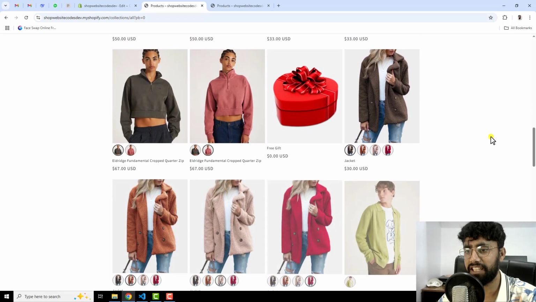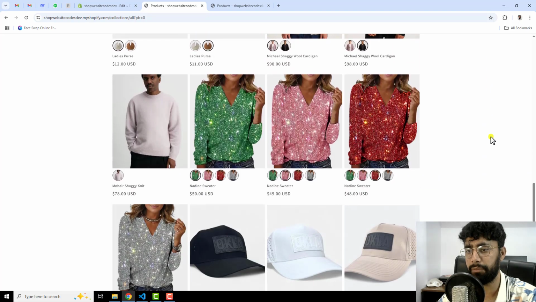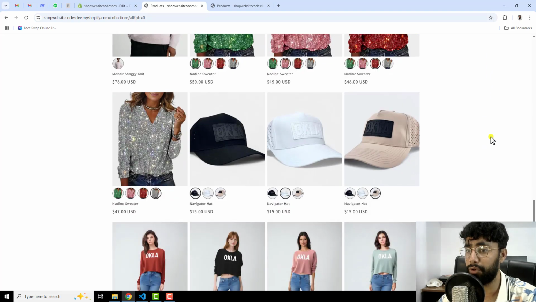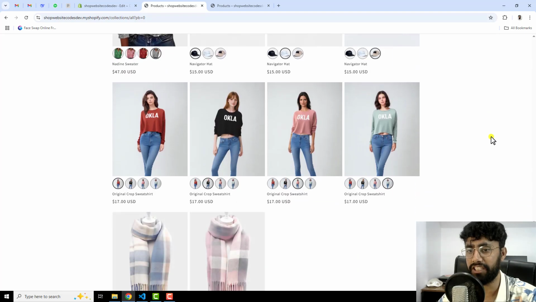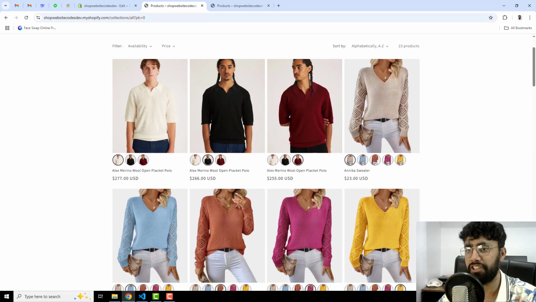Earlier we only had a single color, but now we have multiple colors displaying on this collection page. And along with that, the beauty is that we also have the swatches. So here you can see that if you are changing the swatch, then automatically the color is also changing. Can you see? So how beautiful this is now. Earlier we only had a single color appearing on the collection page, but now we have all those colors which we had